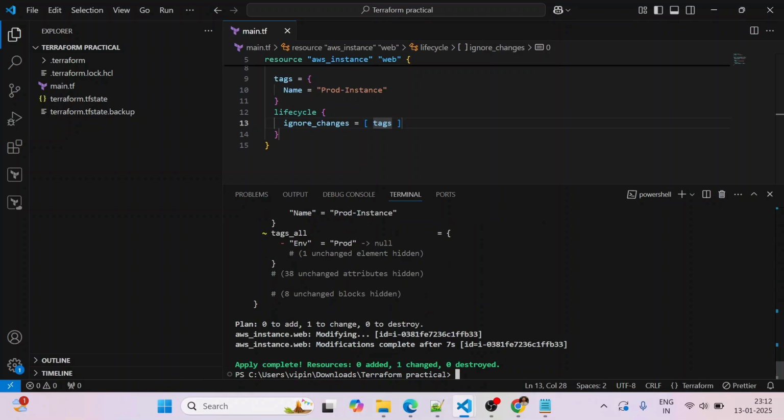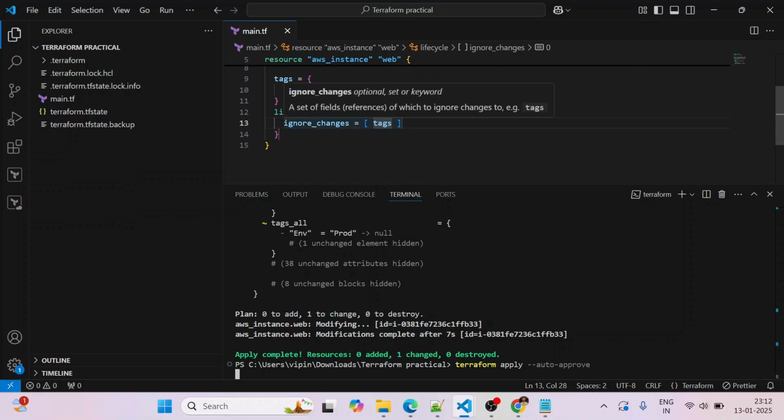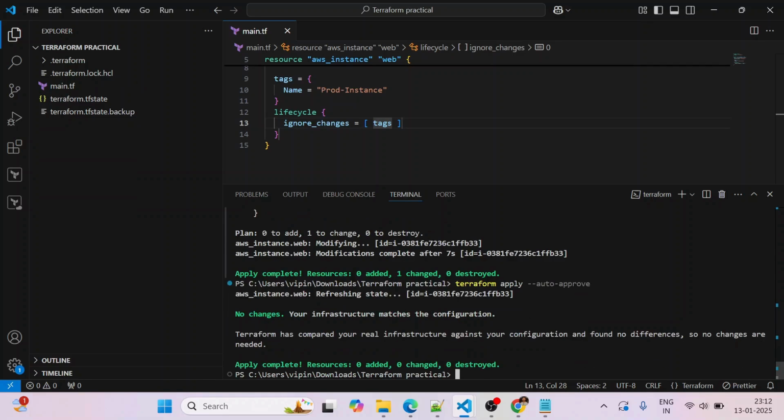So let's go ahead and run Terraform apply to see what it says after using the lifecycle meta argument ignore_changes, where we are ignoring the tags. As you can see here, no changes.